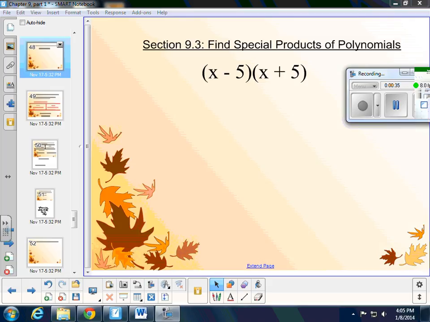Finding special products of polynomials. Again, we're multiplying polynomials together here, and whether it's monomial methods, there's table method or FOIL method. But as long as we make sure we multiply all the terms in the first one by all the terms in the second,